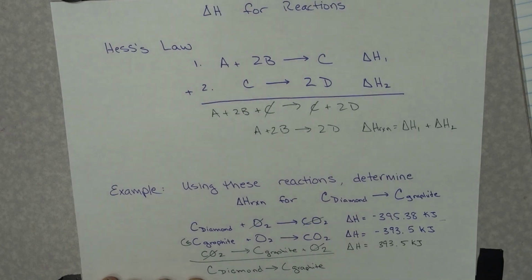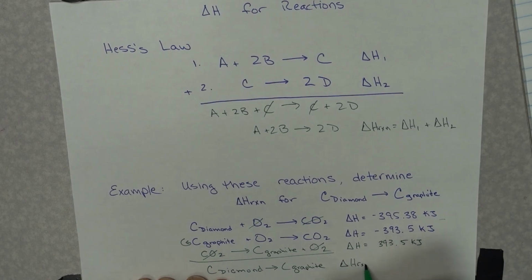And that's what I was asked to find. So negative 395.38 plus 393.5, that delta H of this reaction will end up being negative 1.88 kilojoules, which means that when diamonds turn into graphite, which they do quite readily, by the way, they end up